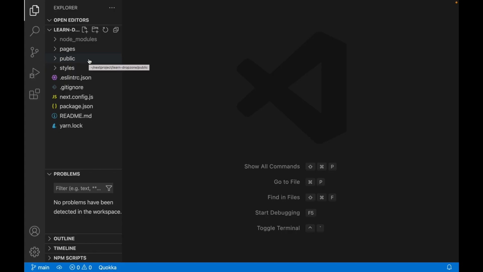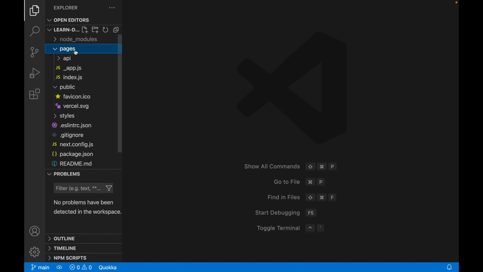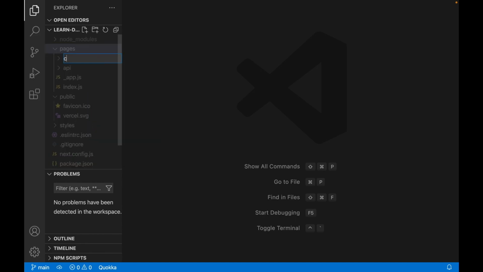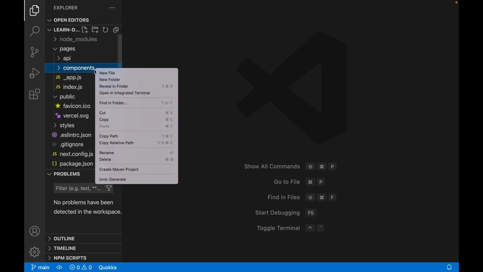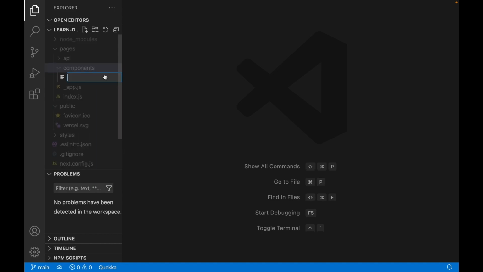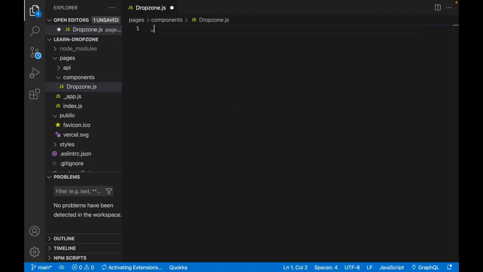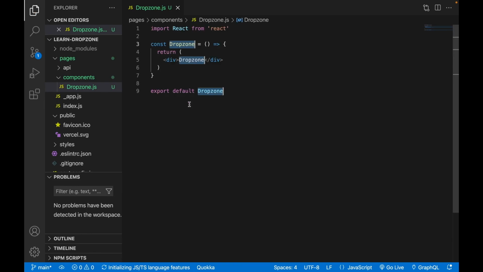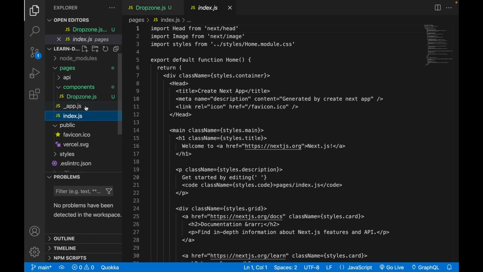Now we are going to create a component, so we go to the pages and create a new folder called components, and then under the components we create a new file called dropzone.js, and then we type RAFCE. Now we create this component, and then we go back to the index,